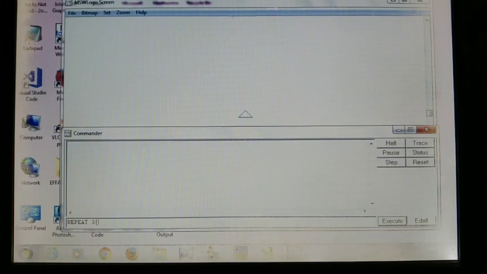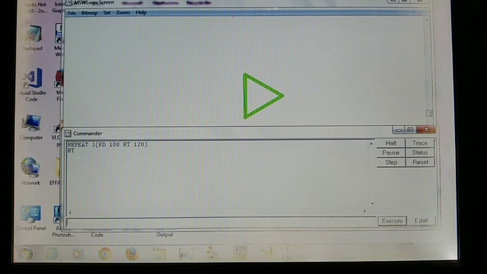I start with the opening square bracket and write the same commands: FD space 100 space RT space 120. Then put the closing square bracket and simply press enter. Okay, I have drawn the same triangle by using the repeat command. Then simply put HT, then enter.